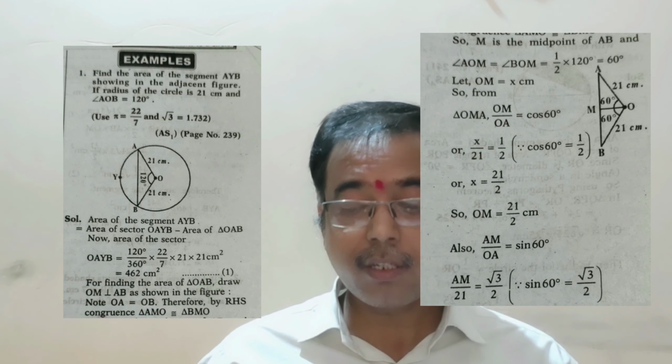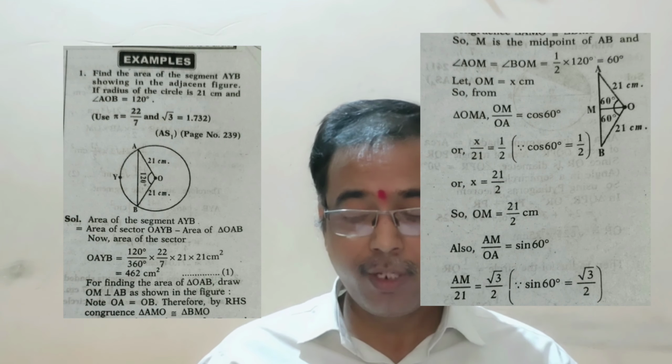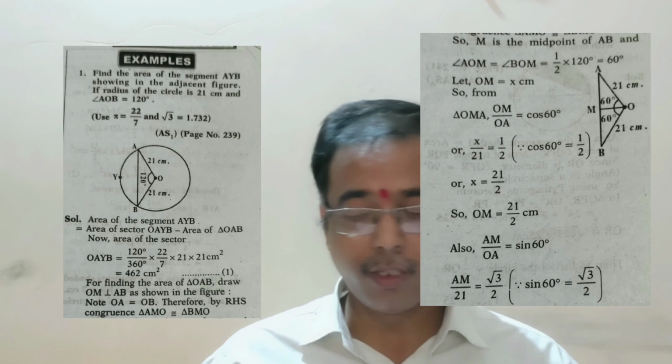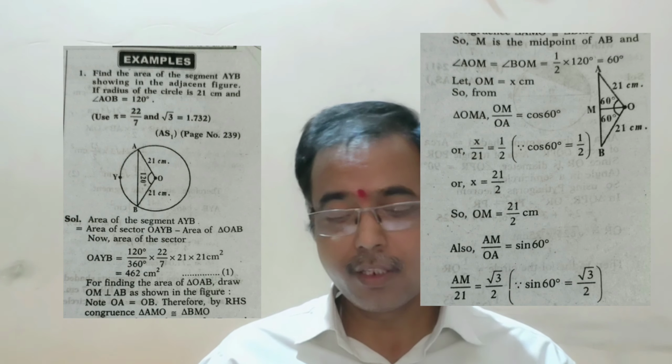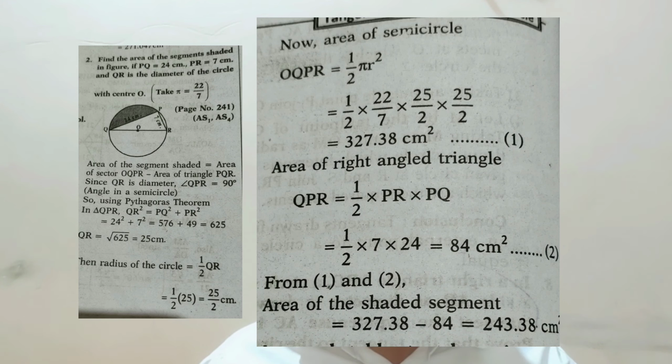Area of the sector OAYB. By the figure you can see that it is area of sector OAYB minus area of triangle OAB. So by subtraction of these two, sector area and area of triangle, we easily get the area of the segment AYB. And one more important one: find the area of the segment shaded in the figure if PQ is equal to